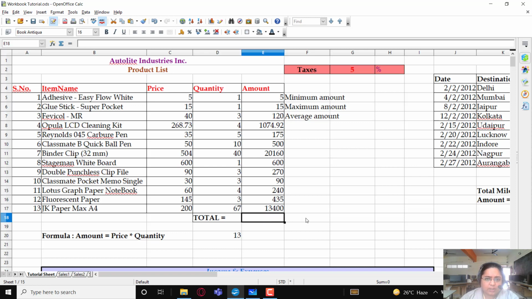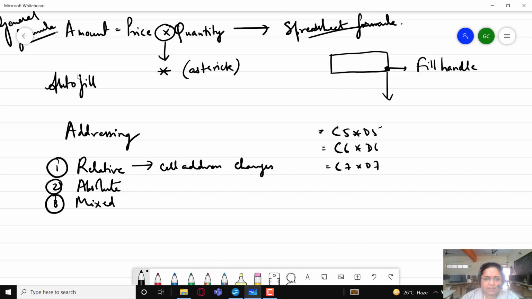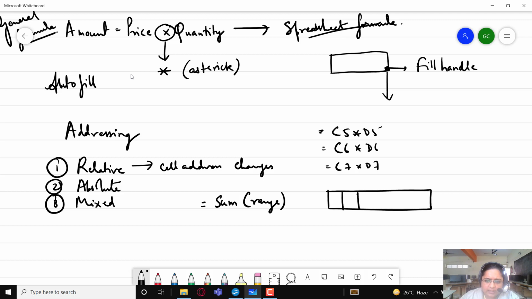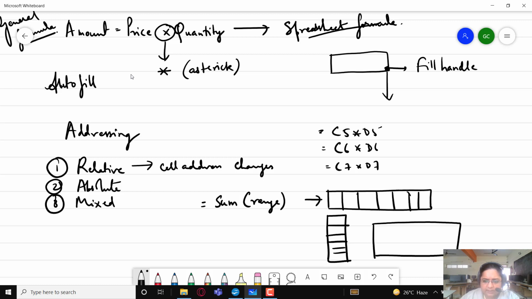Now to calculate the total amount, here we are going to use a built-in function of Excel known as the sum function. Every function in Excel takes up a certain range of cells. What is a range? It is a group of cells or group of adjacent cells. That grouping is either done horizontally, where you can see a number of cells lying one after the other, so this is a horizontal range, or a range could be a vertical arrangement of cells, or it could be a tabular arrangement of cells in the form of a table,